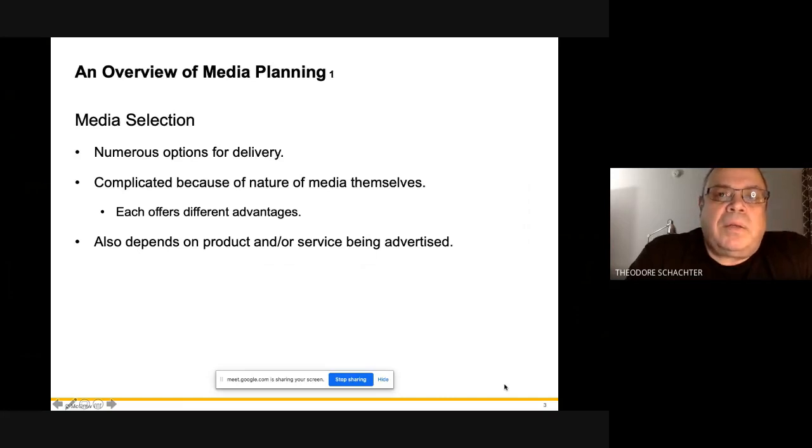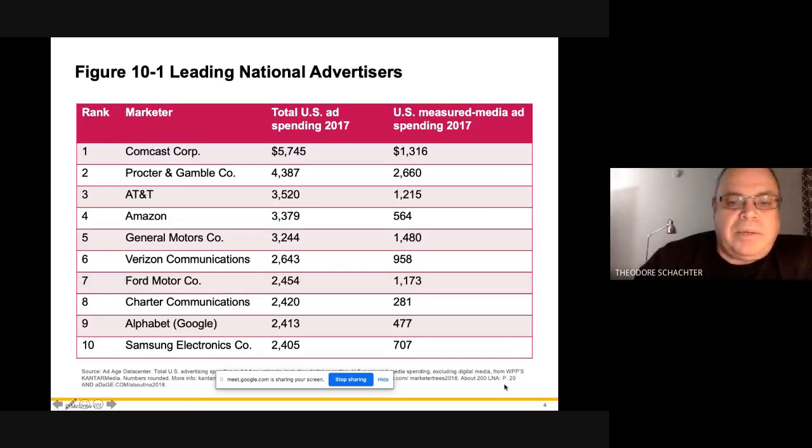And then it's also about identifying which media vehicles and channels and platforms, in the case of digital, work best with your target audience. And that is the essentials of media. So let's go through this. This chart right here is no longer relevant, has not been relevant for years. But Procter and Gamble does spend over $4 billion a year on media, buying media time to advertise all their brands.